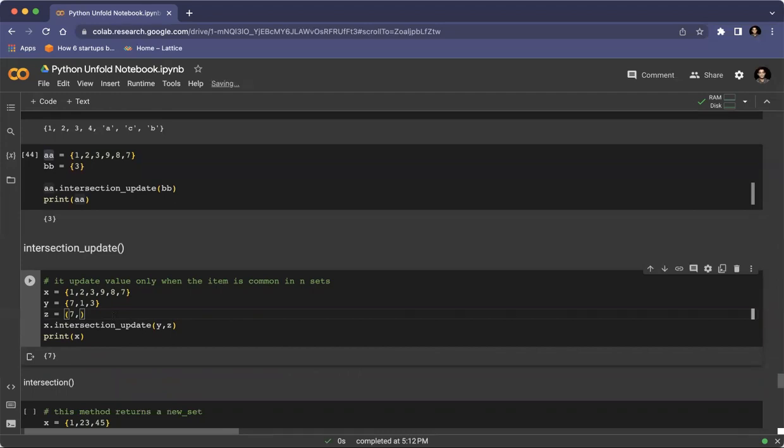So here, as you can see, this intersection update updates the value which is common in all the three items. But in case of tuple, it is working. Let's try for set as well. For list, if I provide a list, this intersection update method should work on the set. Is it working in the case of list as well? Yeah, it is working in the case of list as well, because